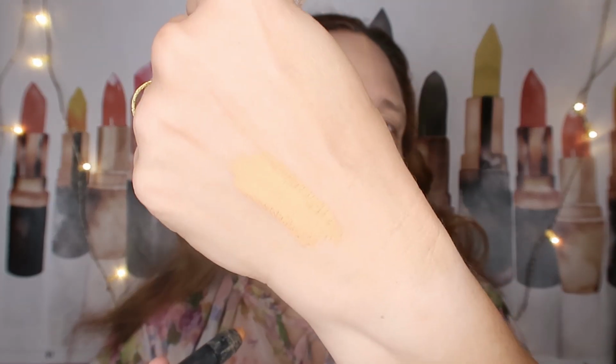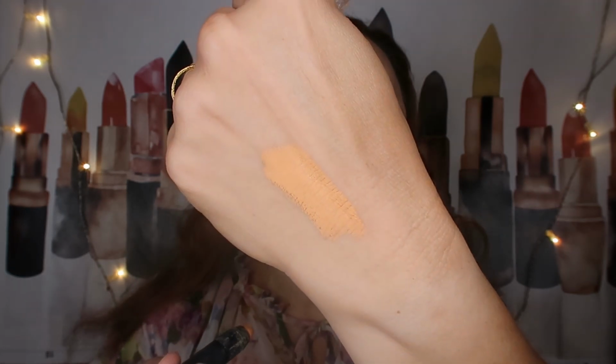We chose a color corrector from e.l.f. and we chose the IT Cosmetics color correcting full coverage cream. Oh my god, that's scary. Is there a shade anywhere? Whoa, no, it doesn't have a shade number or anything. Okay, let's take the one from e.l.f. Let's just try and remember what it's like. It's this orangey peachy shade,